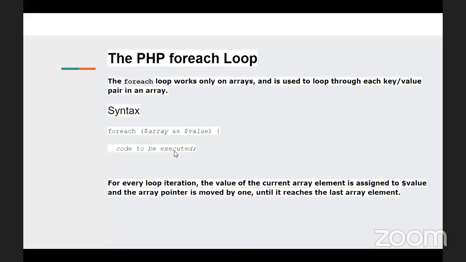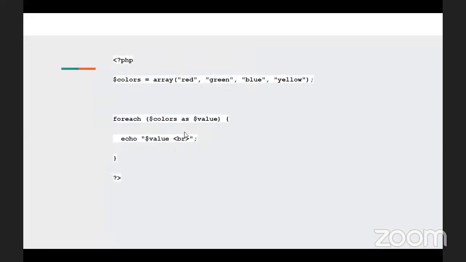You can do. Now see this example. Here we have created the array of the colors red, green, blue, yellow, and we have created the variable as colors. Clear? So for each, here the array name is colors. Once you write the colors, all the values of colors will be available in values. Okay. And after that, you are printing just values, dollar values. So all the values of this array are going to be printed here.